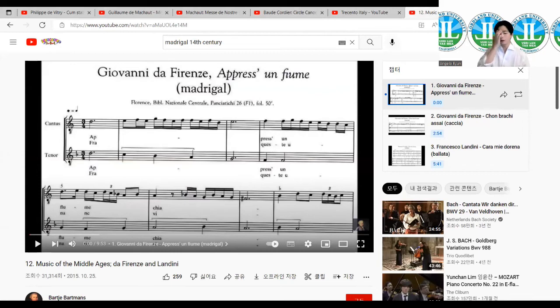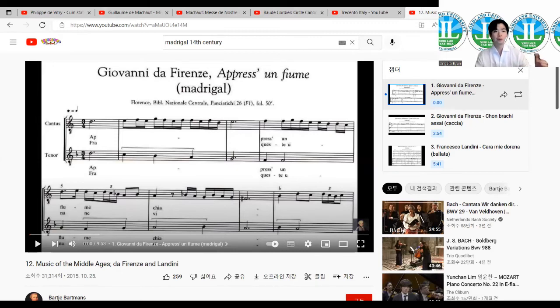Yeah, so for now, I'm going to show you one more Italian music at the time. And the name is the 14th century madrigal. So madrigal is so important in the 16th century because madrigal is the term for secular music with four voices. In the 16th century, I'm going to explain in the next class, but now I'm just going to tell you, because madrigal is so important for human beings, that is the secular music to express their own characteristics and their own life and emotions, not like the Christian music, but it is also related to composed church songs